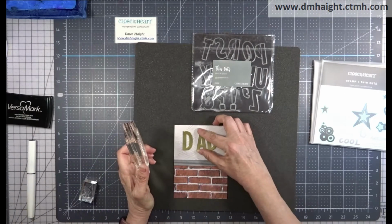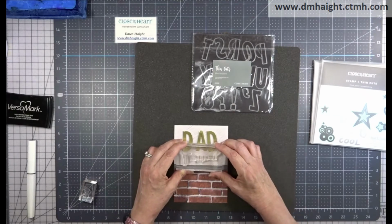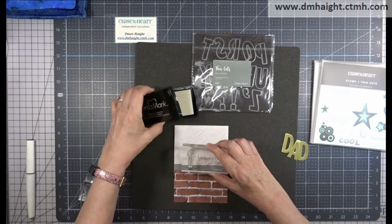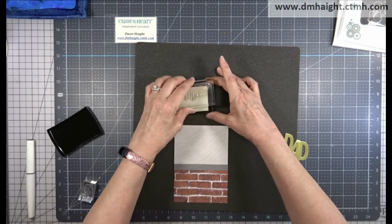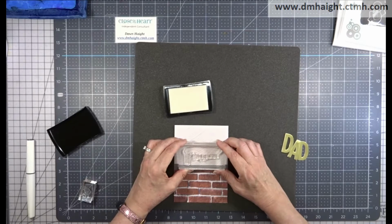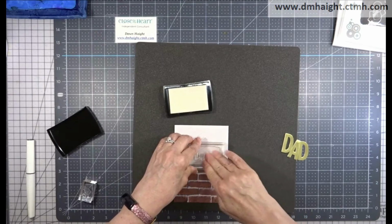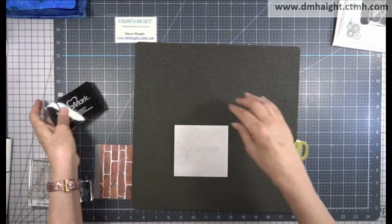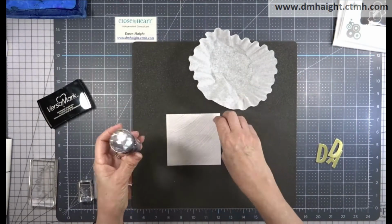Okay, so I've cut the word dad out of these block alphabets in gold foil, and then 2 more layers of white, and I've stacked them and glued them together. And I'm going to use this stamp that looks like dripping paint, and I'm going to heat emboss with it. So I'm going to stamp it in Versamark ink, and then my letters DAD are going to kind of sit on top of that. So I'm stamping that out in Versamark,